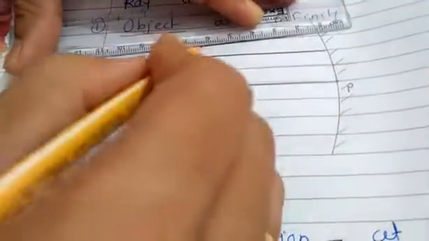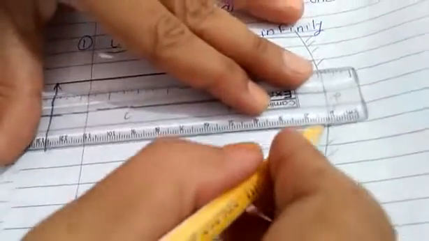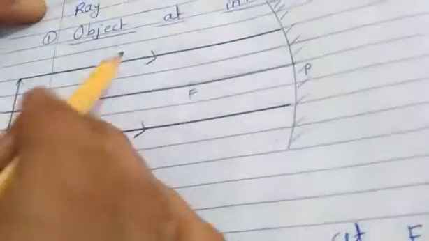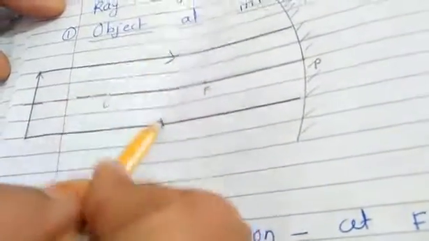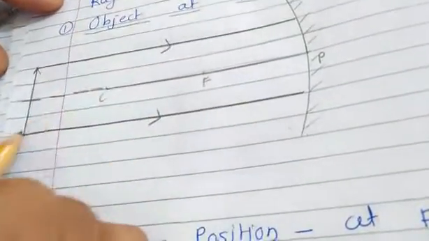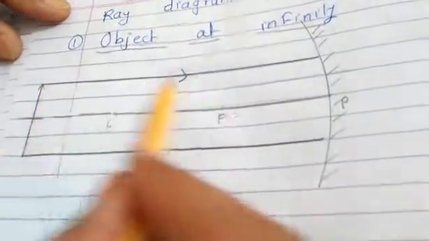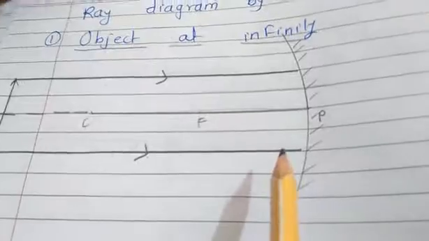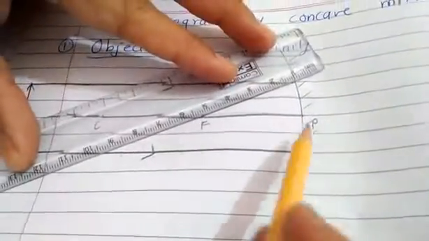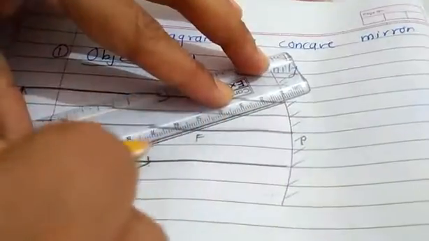So we will show 2 rays. First ray is parallel to the principal axis from the top of the object, and the second ray is also parallel to the principal axis from the bottom. Both are incident rays. One is coming from the top of the object, one is coming from the bottom of the object. Both are parallel to the principal axis. Now we have studied the rule. What is the rule? If the incident ray is parallel to the principal axis, how would it get reflected? It gets reflected by passing through the focus. So the reflected ray passes through the focus.